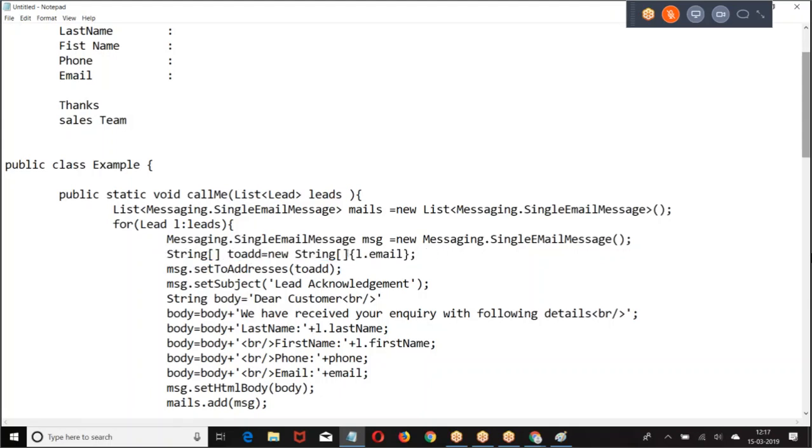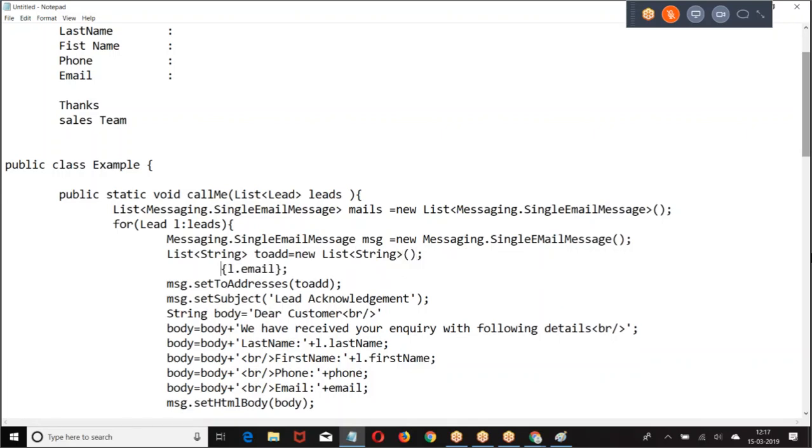We can even just take a string. When I know the value, why make it dynamic like this? Straight away give it. Otherwise, you have to write it in two lines. Okay.